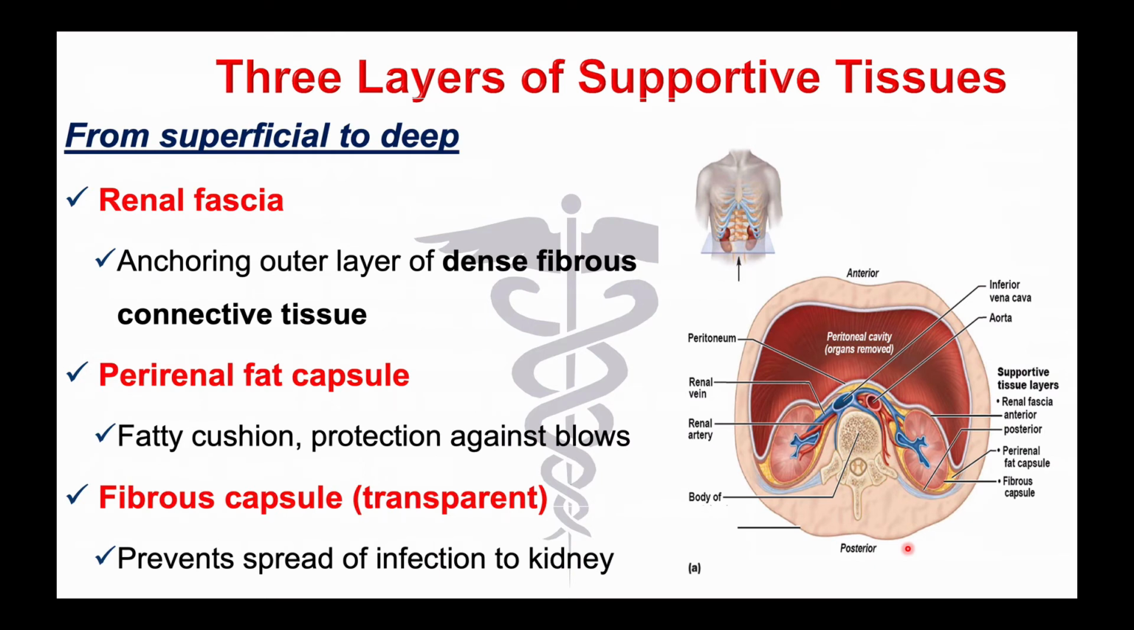So coming to the supportive tissue, the outer connective tissue of the kidney, you have the renal fascia. This is outermost, and this is called Gerota's fascia. We call it Gerota's, anchoring the outer layer of dense fibers into fibrous connective tissue. Then there is the perinephric fat bed. Okay, there is a large amount of fat present around the kidney to act as a cushion. Okay, then the fibrous capsule prevents the spread of infection. In this place, this capsule extends and forms a kidney